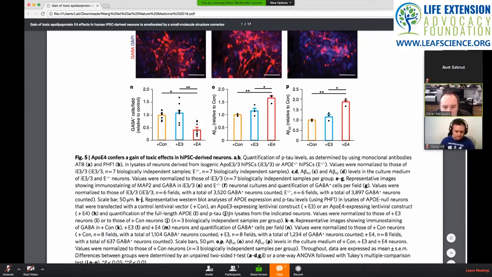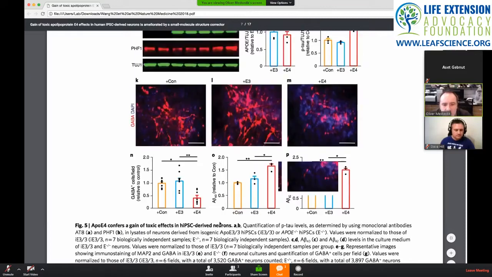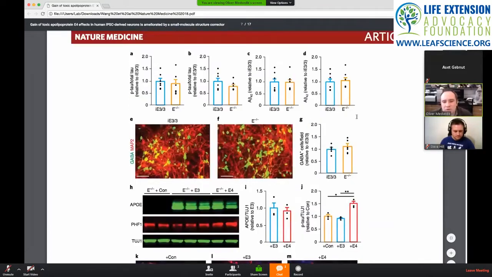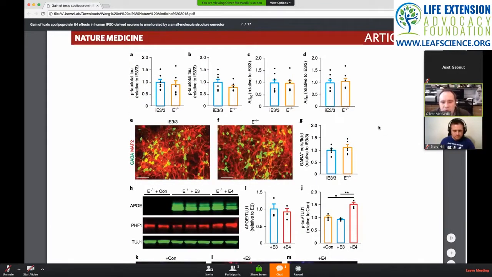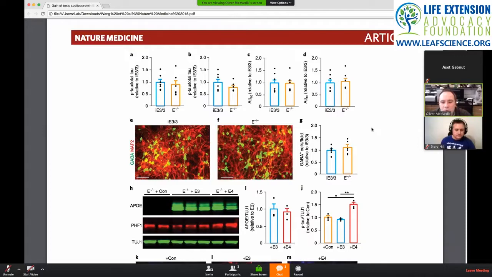If they put this back into these cells, because not having ApoE, you have a complete loss of function, right? So the logic here is that if you put back ApoE4, it shouldn't make a difference if it's a loss of function. But if it's a gain of function, it should do something. So that's what they observe, right? So p-tau, total tau,